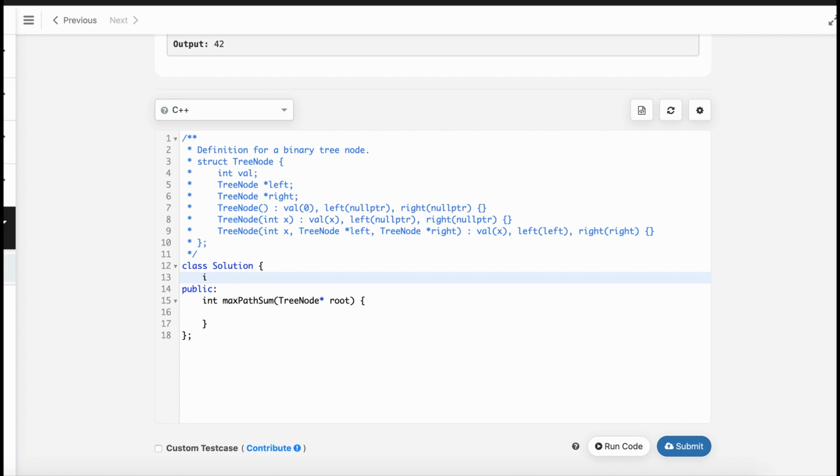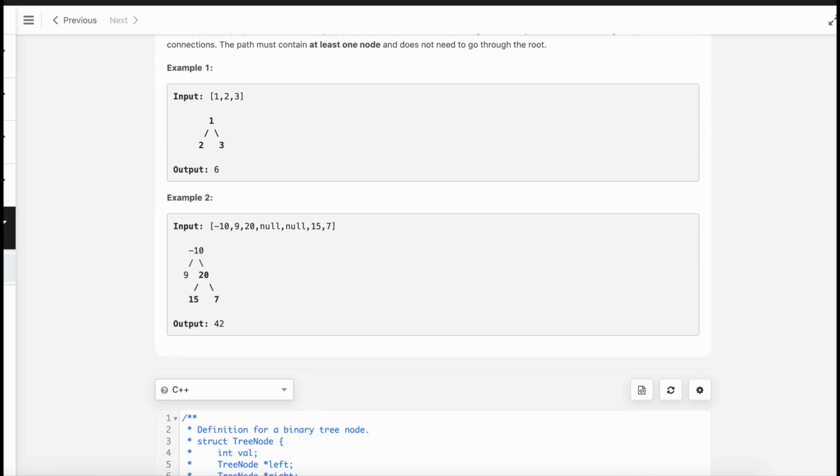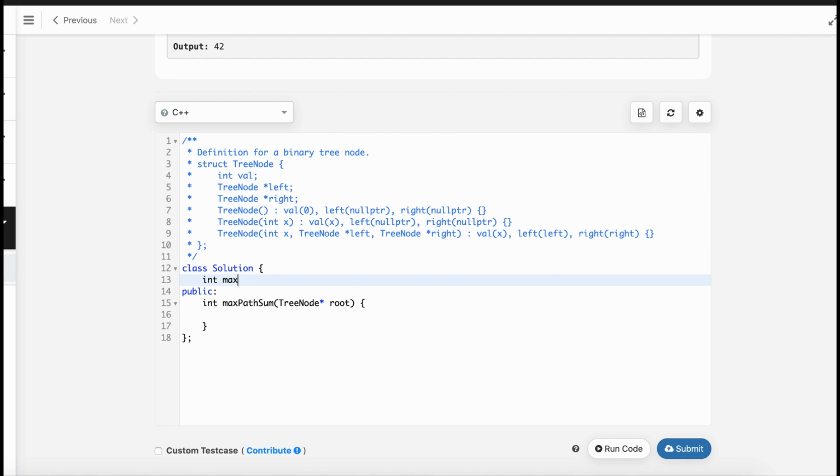We can either maintain an extra global variable which will be our answer to the problem, which is basically the maximum path sum. So let's say maximum path sum, we basically maintain maximum path sum, initially 0, and